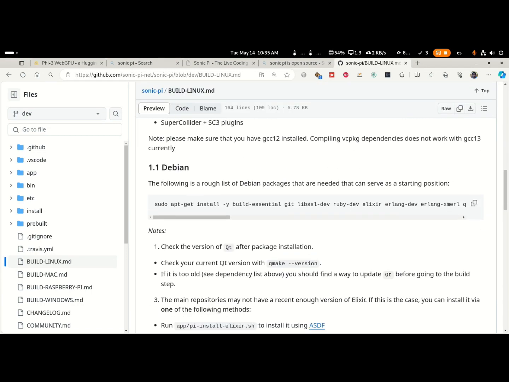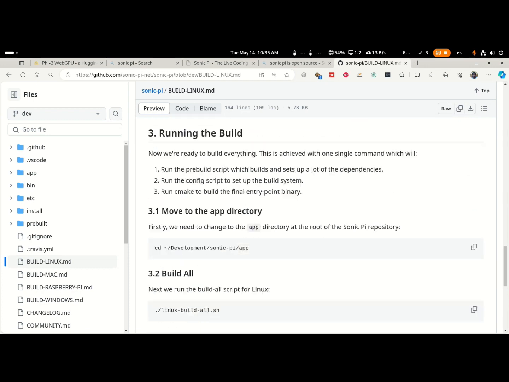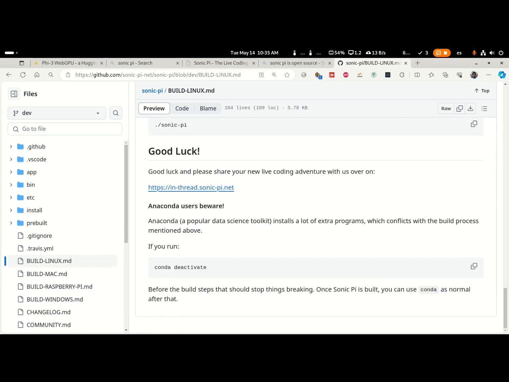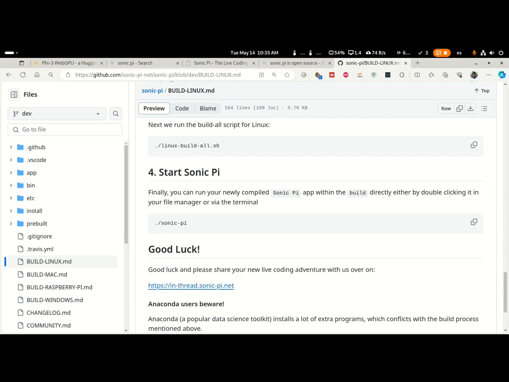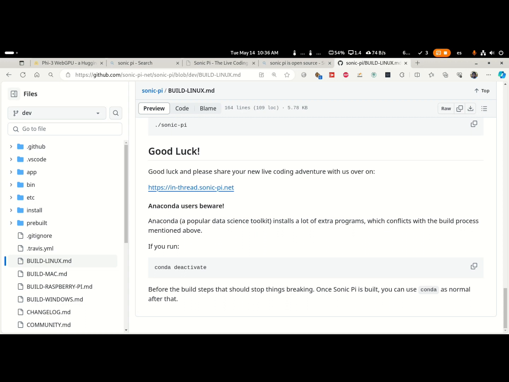I will share the page with the instructions to build your own binary for Sonic Pi installation. That's all. I wish you install Sonic Pi correctly in your Linux distribution.